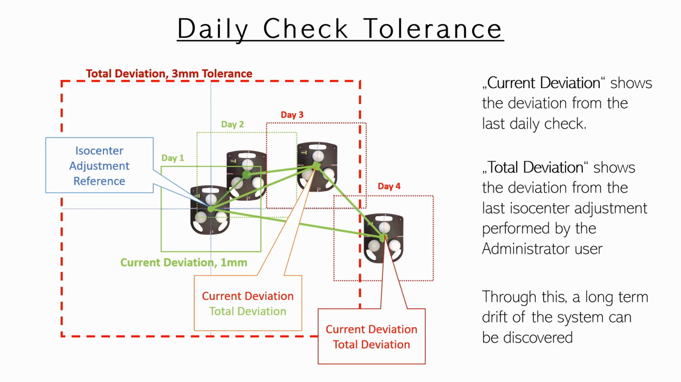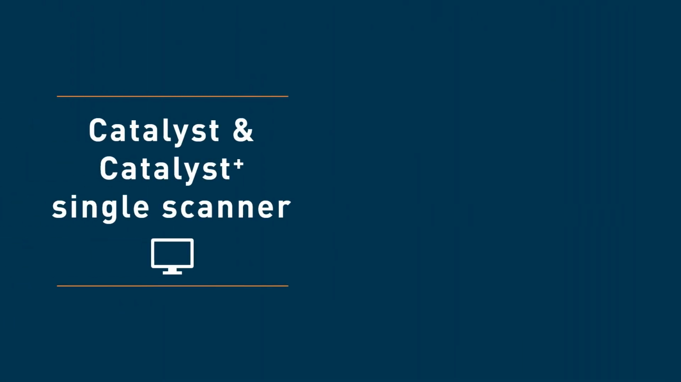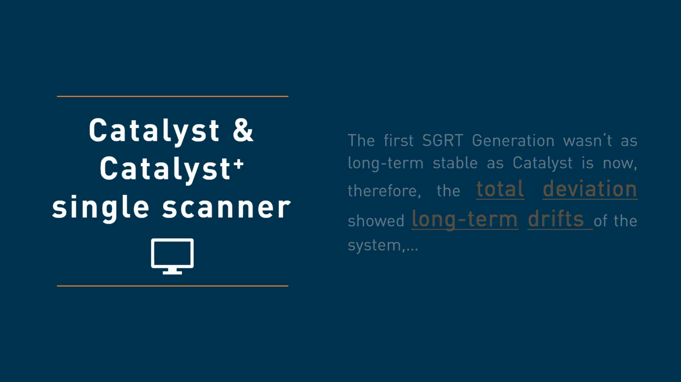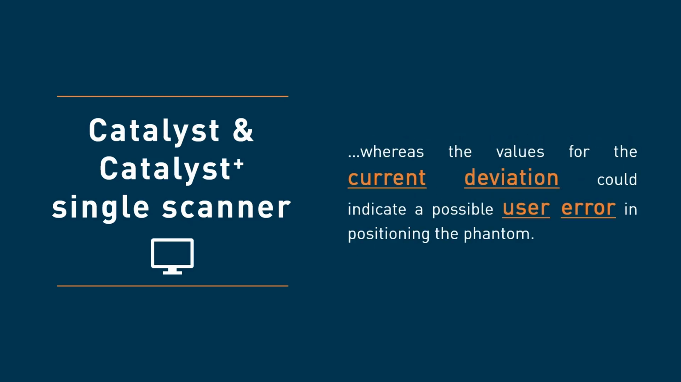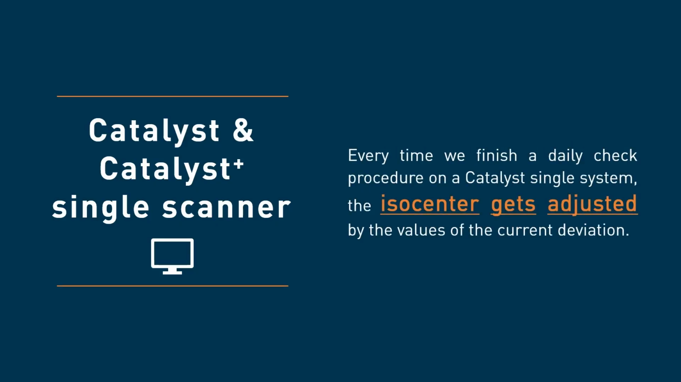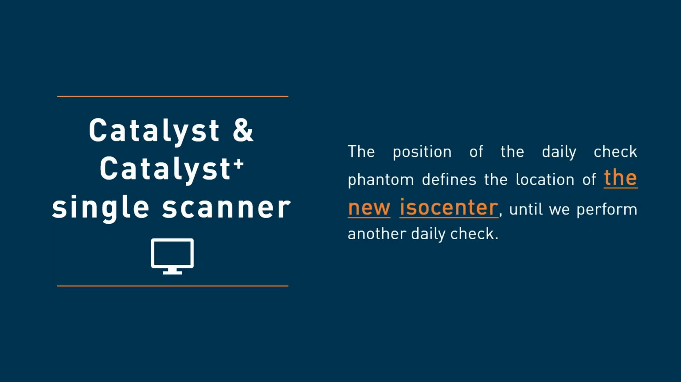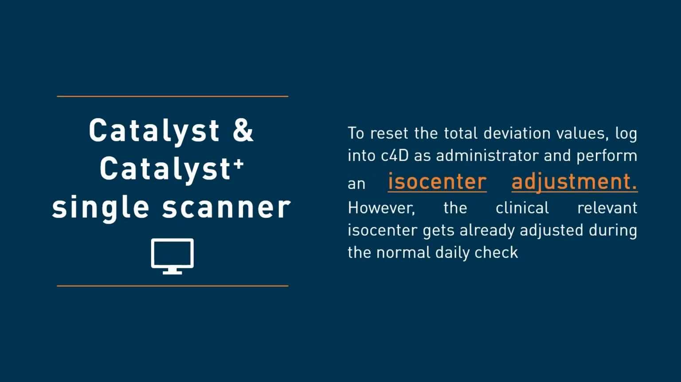For technical reasons, it was necessary to distinguish between the daily shift and total shift and to calibrate the Isocenter after every daily check. But also we wanted to make the user error visible that happens naturally when positioning the phantom every day. The current deviation therefore has a tolerance of 1 mm, whereas the total deviation has a tolerance of 3 mm. Thus, the Isocenter is adjusted after every daily check procedure by the values of the current deviation. CRUD is currently working on this to improve the QA procedure for all platforms. Anyhow,